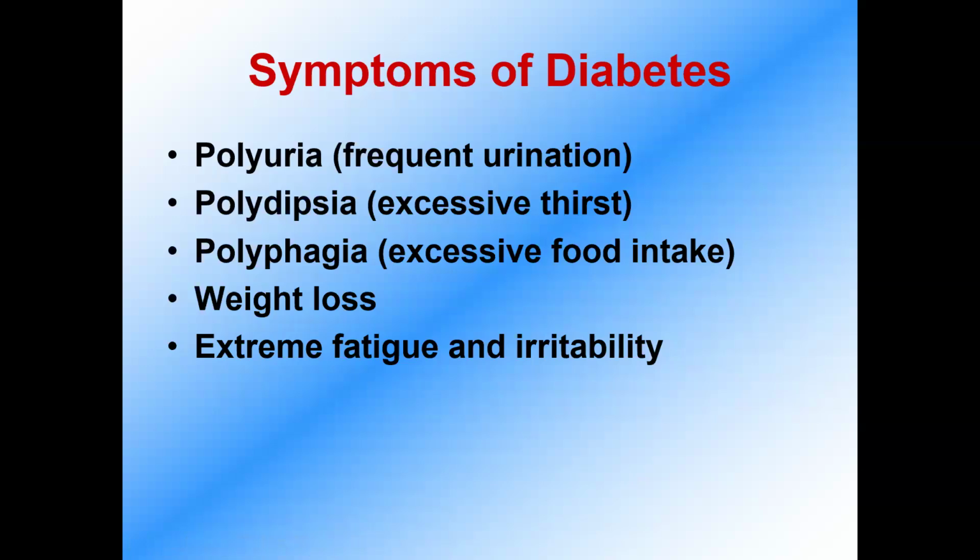hyperglycemia. There is a high glucose level in the blood, but this glucose is unable to enter inside the cell, because glucose will enter the cell when there is insulin. It is the function of insulin to cause uptake of glucose from the blood into the cells. If insulin is not there, glucose will not enter the cells, right? So although there is a high glucose level in the blood, inside the cell there is glucose deficiency,